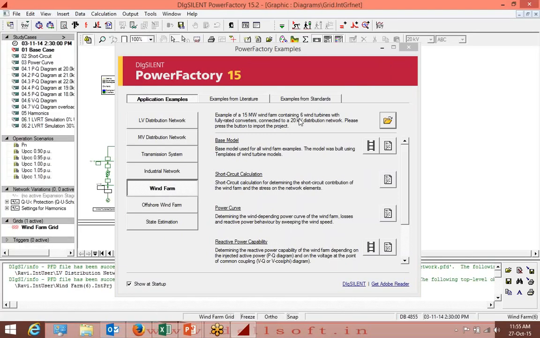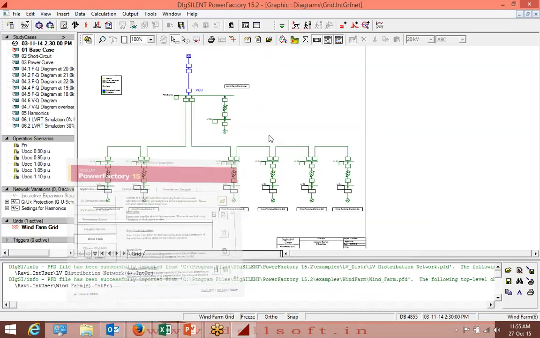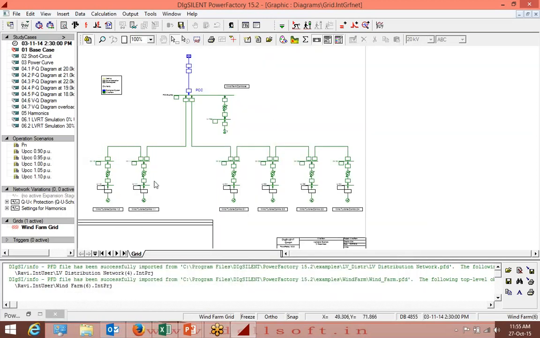It's a 15 megawatt wind farm containing 6 wind turbines with fully rated converters, connected to a 20 kV distribution network. So our model is this. Here 6 wind turbines are connected to the grid through a converter.